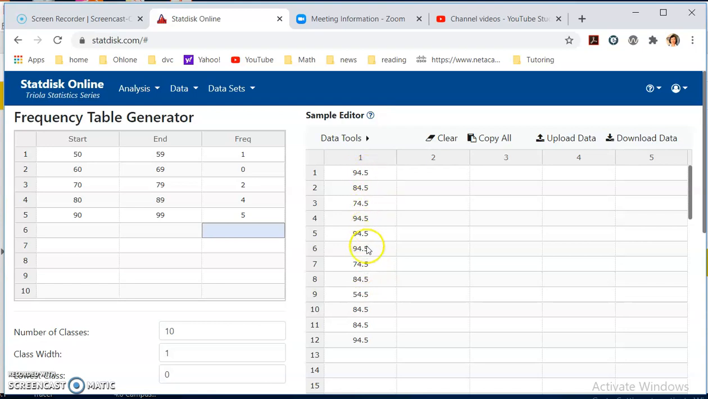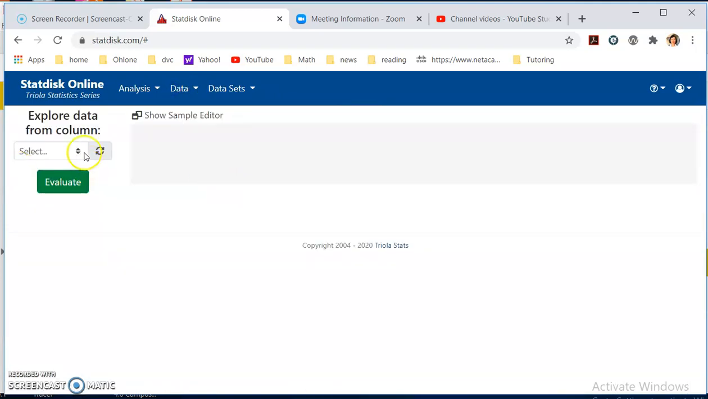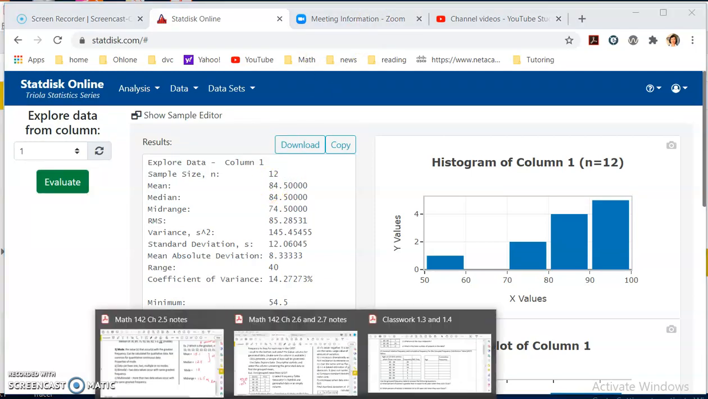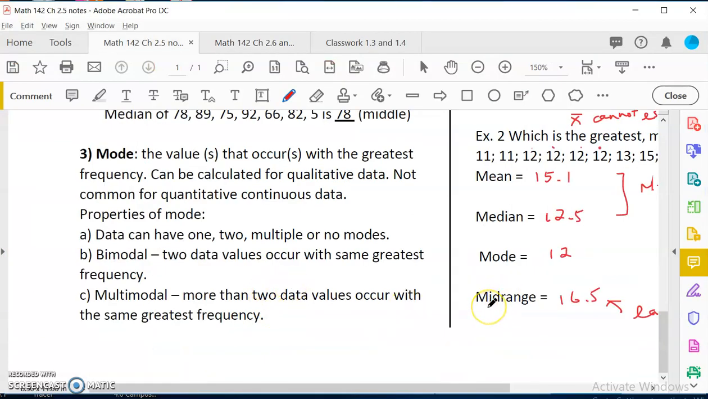Now that I pretend to have this data, I am going to do descriptive statistics, column 1. That's not my real data, but it is very close. And that is my mean and median and mid-range, 84.5, 84.5, and 74.5. Well, actually, we only want the mean in this case. This mean is 84.5. So I go back to my notes and I say,